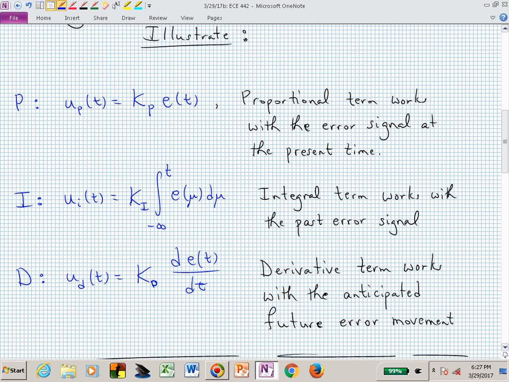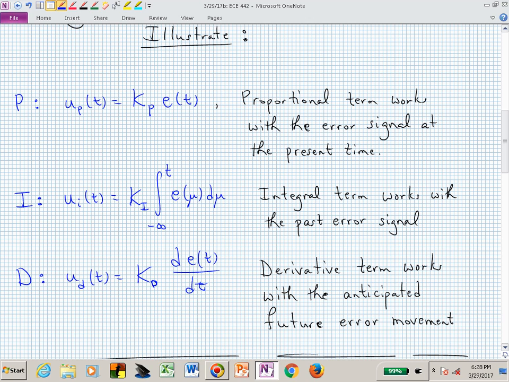If I wanted to understand the integral piece of this PID controller, now what I'm doing is integrating the error from previous errors, and it's just growing possibly, unless it goes positive and negative, which it could. But now I'm worried about the integral of the error, and I'm scaling that with this gain constant k sub i and injecting that at the present time into my plant. I hope you can see that this integral involves past or previous error signals, because you're integrating what happened before time little t.